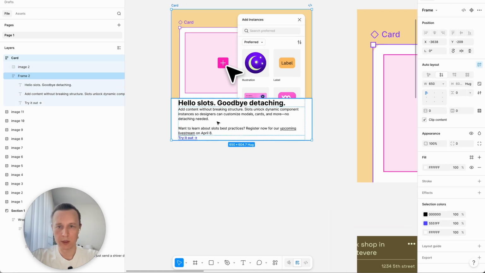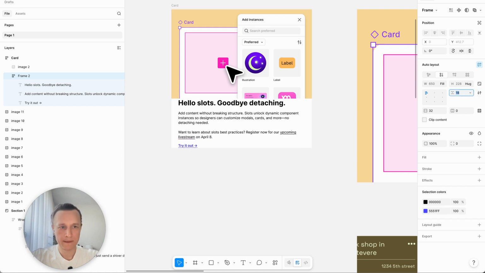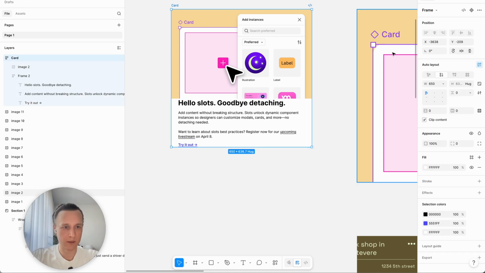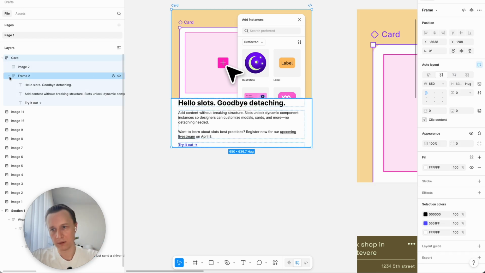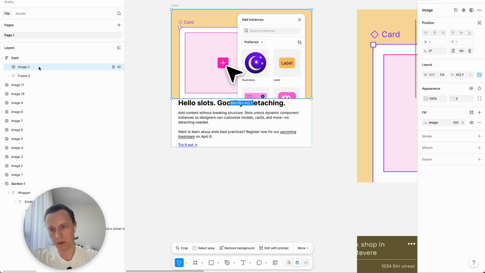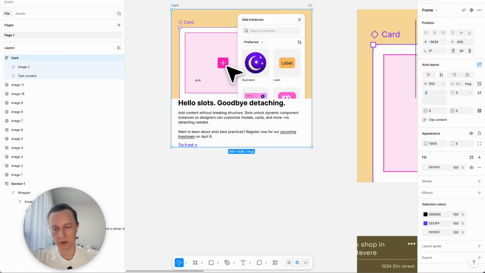And the space between it. And space between text block and an image. Select. As you can see, the content of the card is image on top and text content on the bottom. And to set up a proper